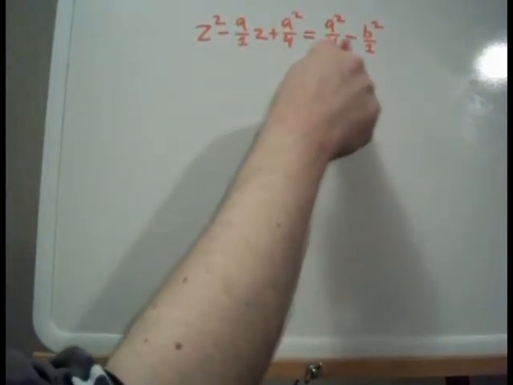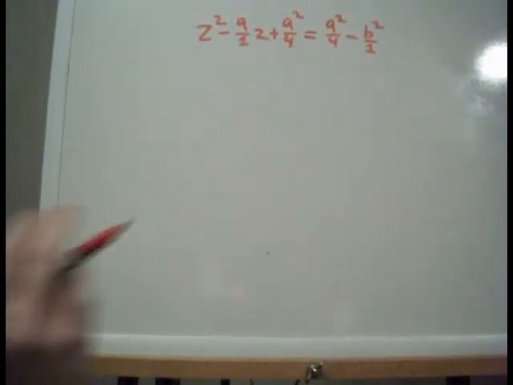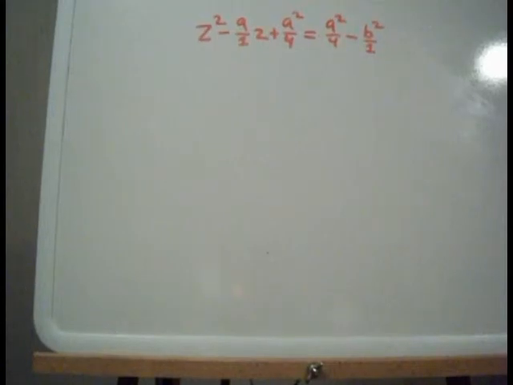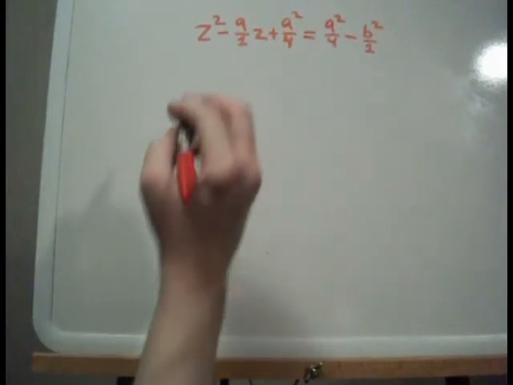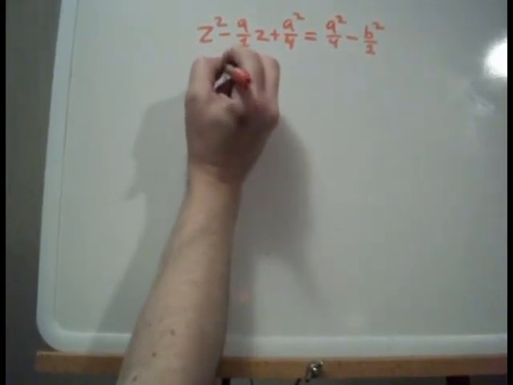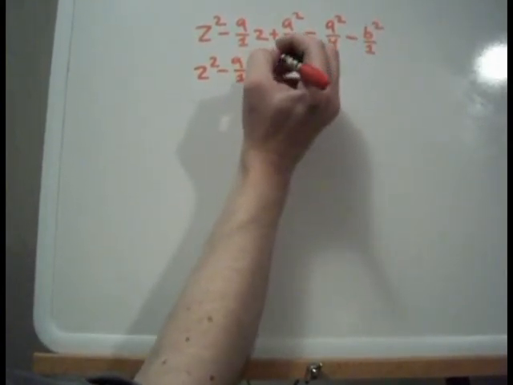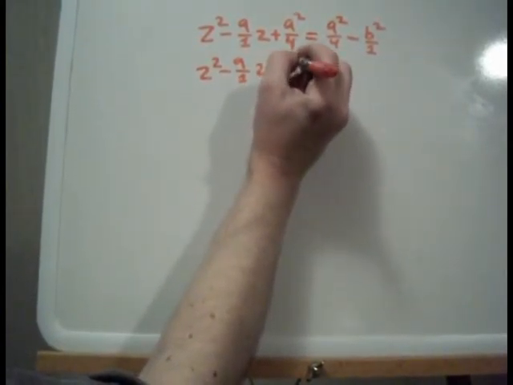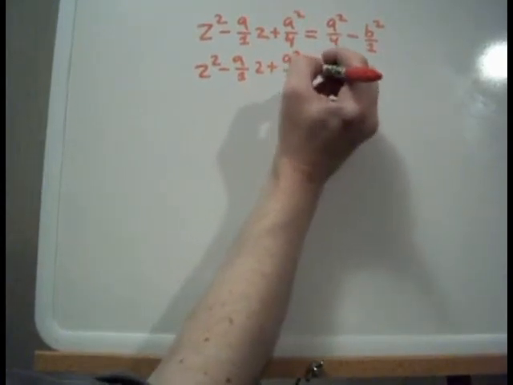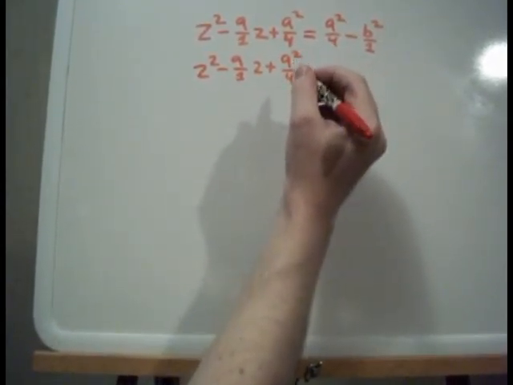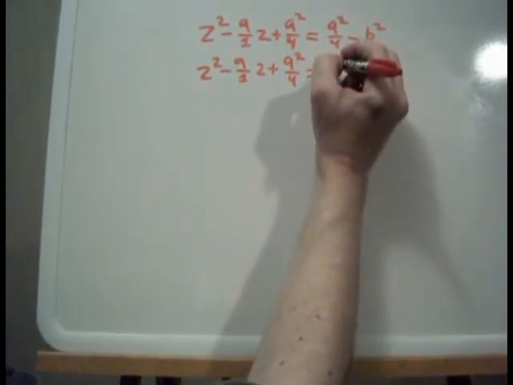Now we want this 4 and this 1 to be the same term. How are we going to do that? Well, what we're going to do is we're going to have z squared minus a over 1 squared plus a squared over 4. Which this is going to equal, let's see,